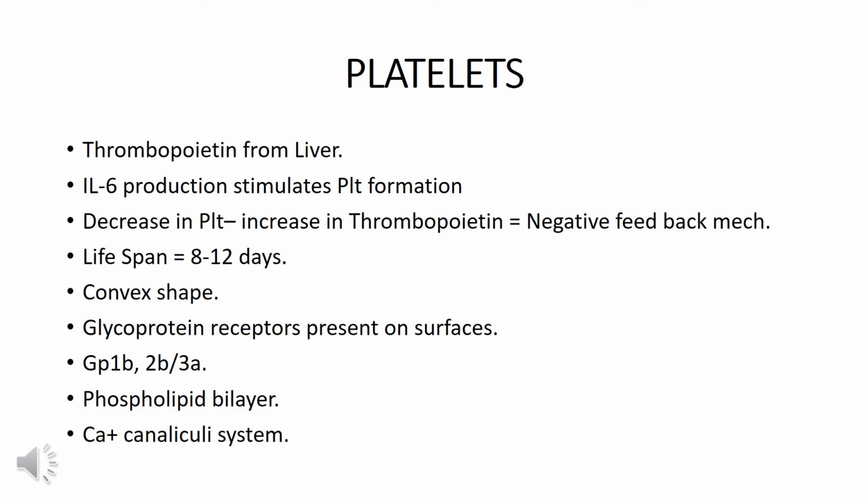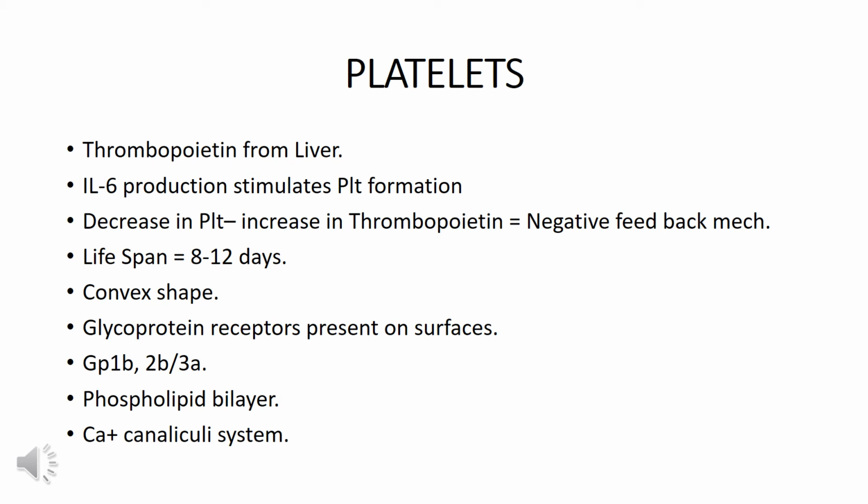How are platelets formed? Platelets are formed from megakaryocytes. Thrombopoietin is a growth factor protein which is formed in and released from the liver and moves into the bone marrow, where it acts on the common progenitor cells before the megakaryocyte. So they act and stimulate the production of megakaryocytes. Thrombopoietin is a protein responsible for the production of platelets, which is released from the liver.